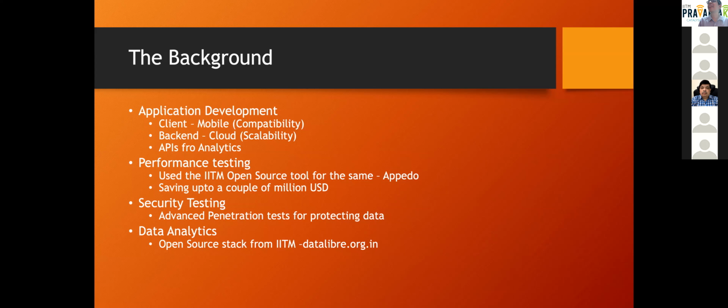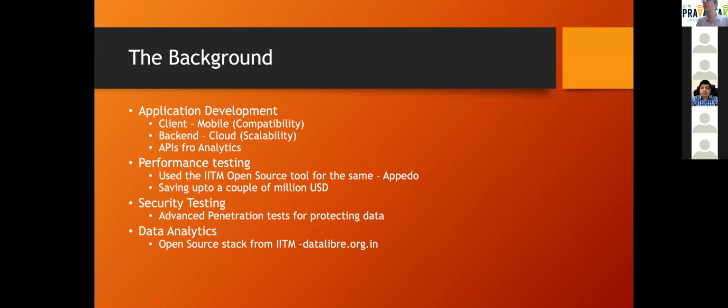And a startup, Resilio, actually played a very important role in bringing the tool to a very good shape. They contributed to this, and this is now an open source tool. And with this tool, we went up to 10,000 concurrent user testing. That's how 25,000 people, when they downloaded, when the Honorable PM announced, immediately the software was able to take this load. And if you had gone for a foreign software, it would have taken a couple of millions of USD, right? And so that is the real saving. That's the Atmanirbharta that we got here.